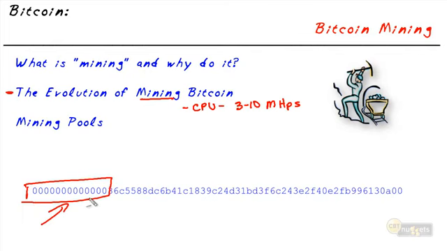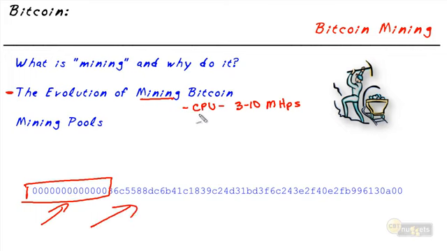And I say the difficulty at the moment because every so many blocks, which equates to every 2 weeks, if the blocks are being solved too quickly, like less than 10 minutes, the difficulty level of the hash that has to be solved is going to increase. If we went the other direction, and a new block was being added every 12 or 13 minutes and was too slow, the actual level of difficulty would be reduced. So maybe they start asking for 12 zeros or some other combination that will be easier to solve or more likely to be solved. Because here's the reality.